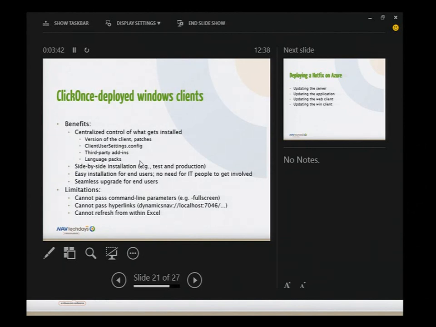There are a few limitations when you deploy the Win client like this. Because of the way it is executed, you cannot pass command line parameters to it. You cannot give it the hyperlink that says, go to a specific page or something like that. And you can send data to Excel, but once you're inside Excel, you can't refresh. So these are some of the limitations.